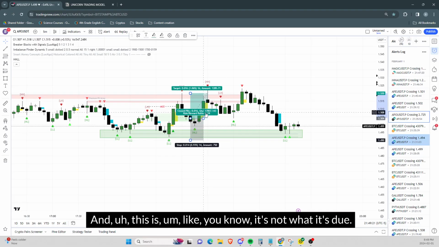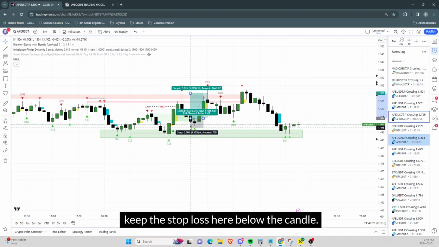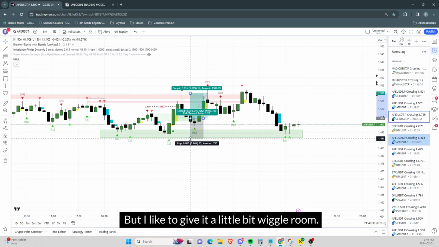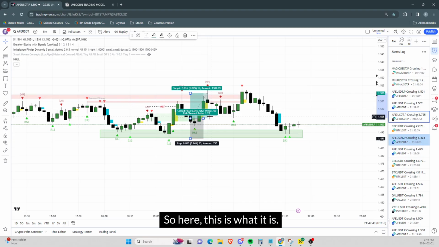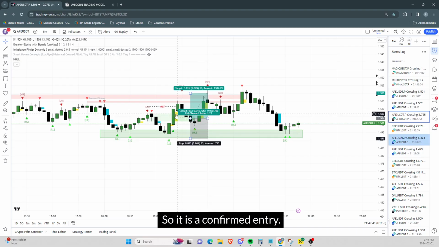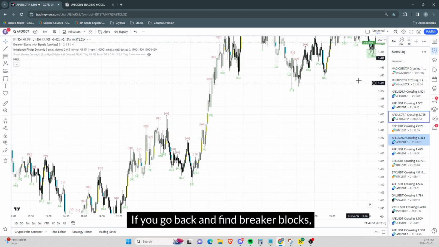And this is not 1:2, it's 1:1. Typically, according to the rule, you keep the stop loss here below the candle. So in that case, it is 1:2, right? But I like to give it a little bit of wiggle room. So here, this is what it is. So it hits, right? So it is a confirmed entry. If you go back and find breaker blocks